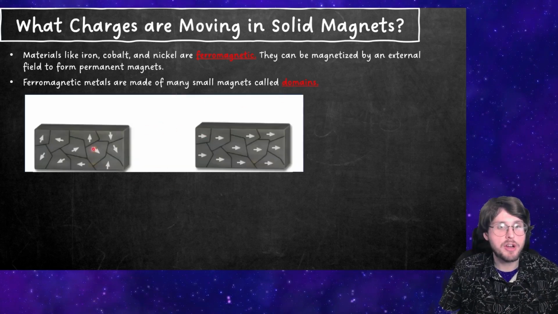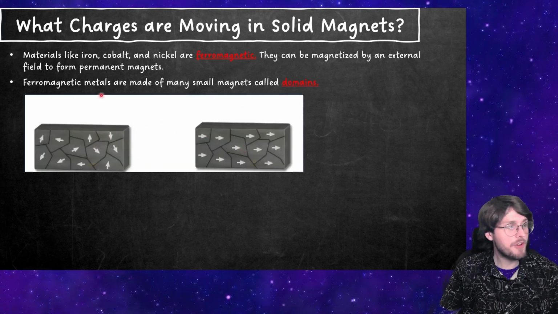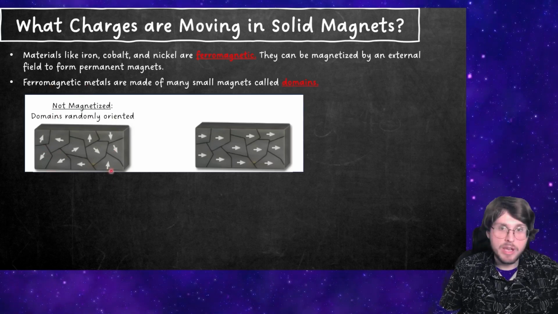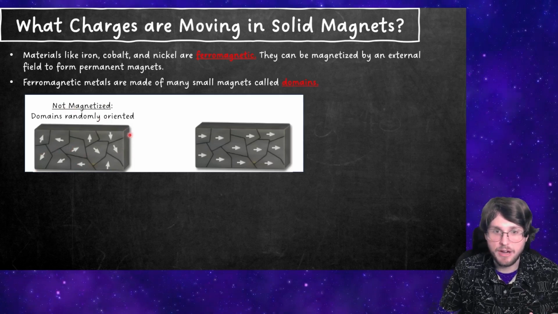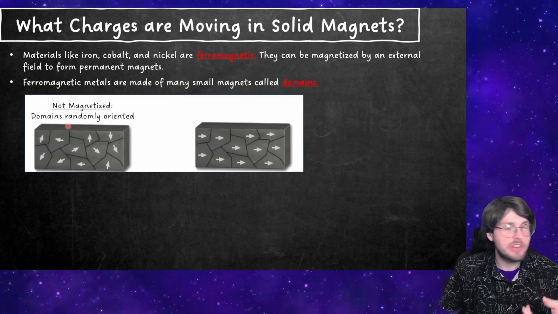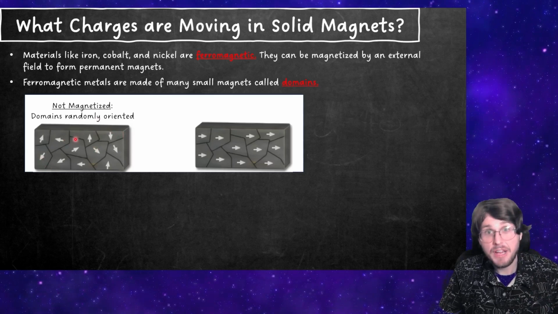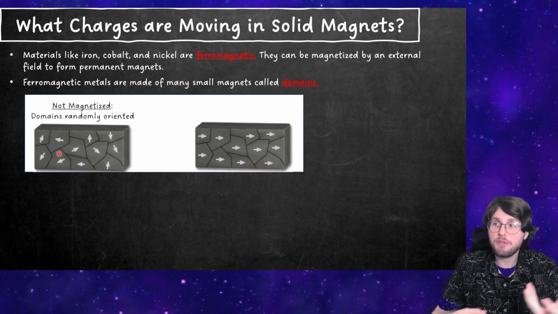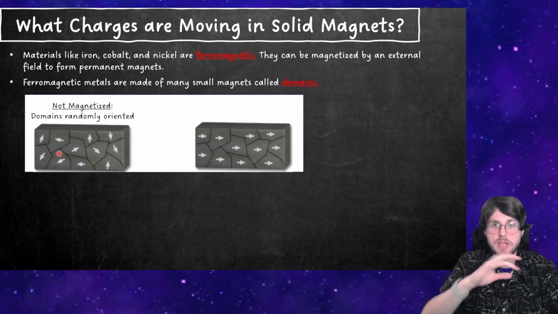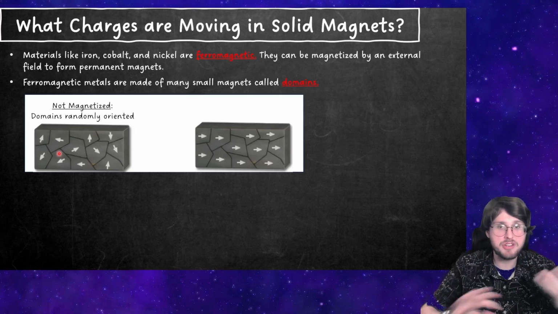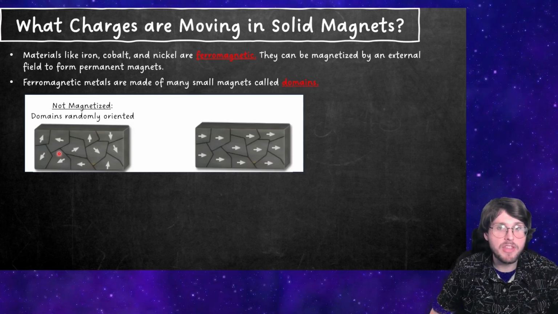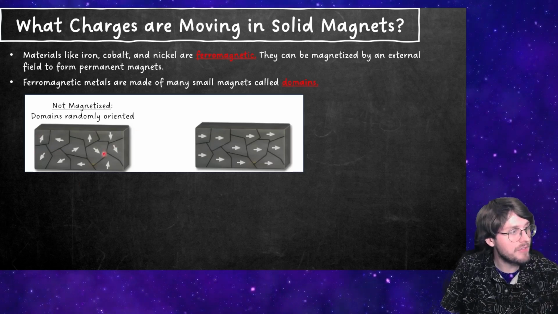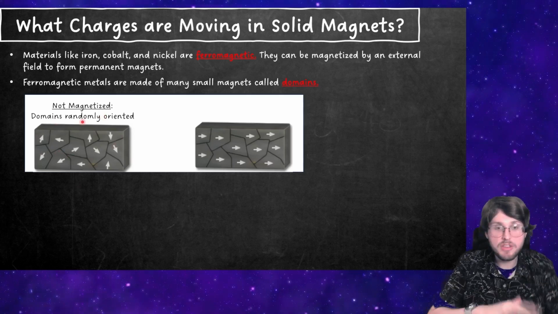So I'm going to use this picture here to kind of describe two different scenarios. The first scenario involves a ferromagnetic material that's unmagnetized. Now, in an unmagnetized material, like just a random piece of iron, the domains are all pointing in different directions. Note that they're associated with vectors. When all of the domains are pointing in different directions like that, it's kind of like when you're looking for a net force, but there's forces just being exerted on something in infinitely different directions. On average, that means that the net force on that object is probably going to be pretty weak. It's not cohesive because all of these things are all trying to do things in different directions and